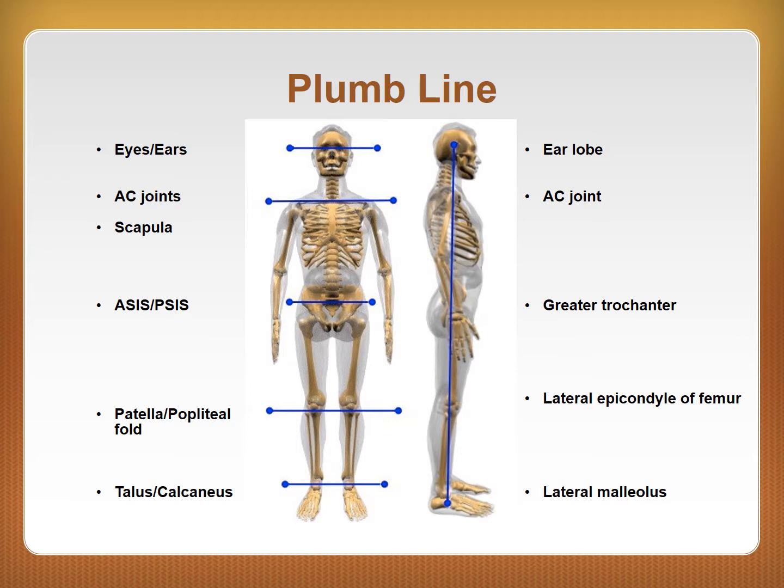When assessing posterior posture using a plumb line, the assessment will be similar to the anterior examination where the body is divided into equal halves. The alignment should be such that the line does the following: bisects the cranium into two equal halves, is equidistant between the scapula, is equidistant between the posterior superior iliac spines, is equidistant between the knee joints, and is equidistant